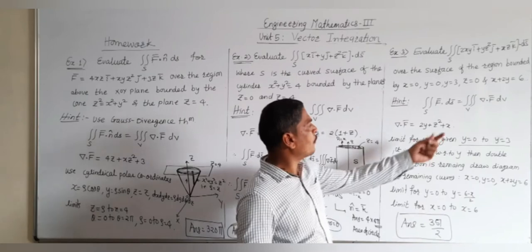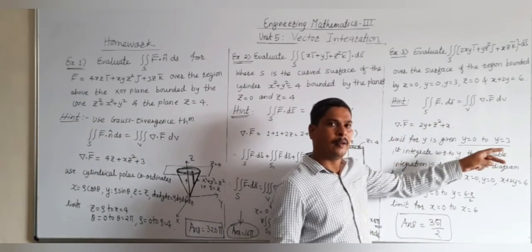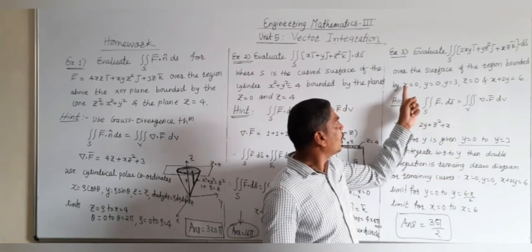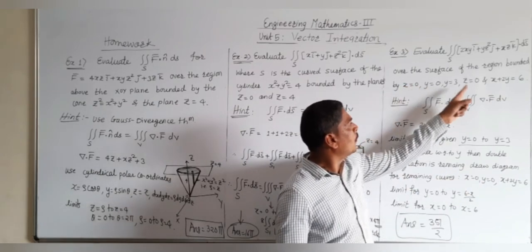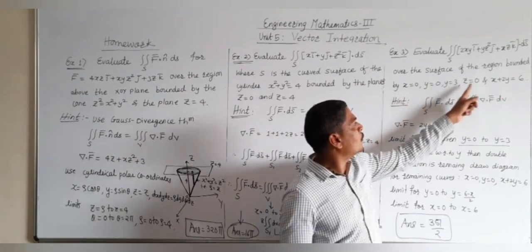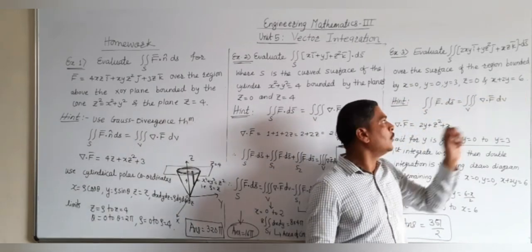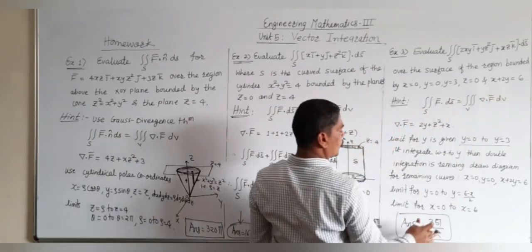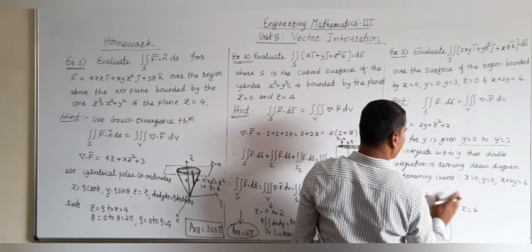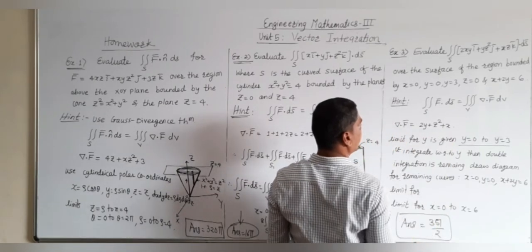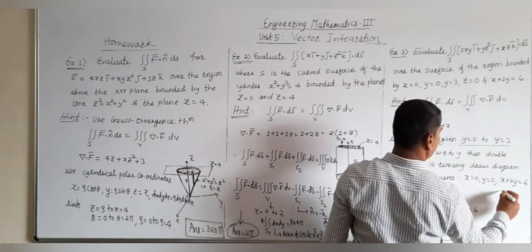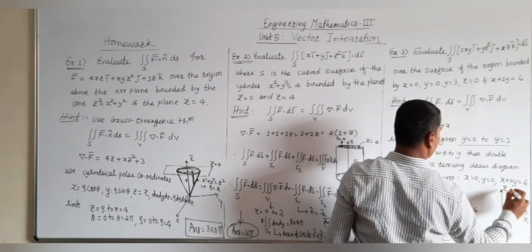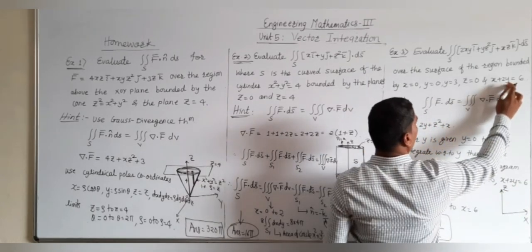And then first integrate this volume integral with respect to y. Then the remaining two integrals, that means a double integration, are remaining, and for that we have been given the remaining equations: x is equal to 0, z is equal to 0, and x plus 2y is equal to 6. So use this and then find the limits for x, y and z. In that case our diagram is like this. This is the x axis, this is the z axis. By putting